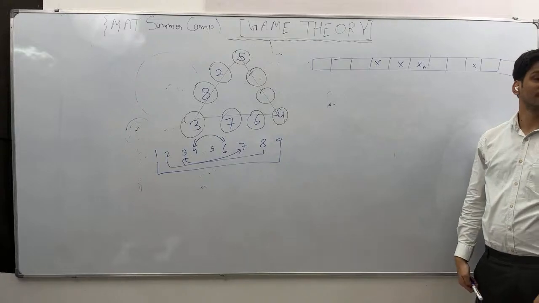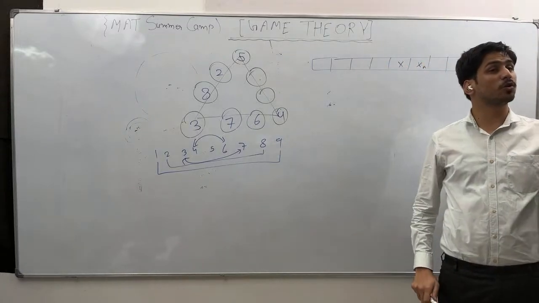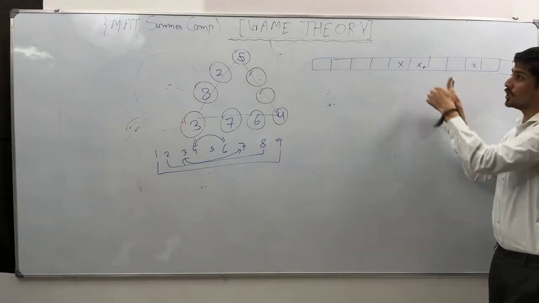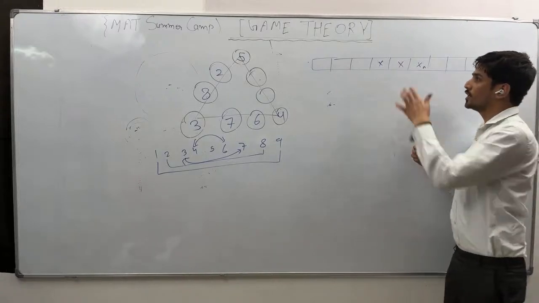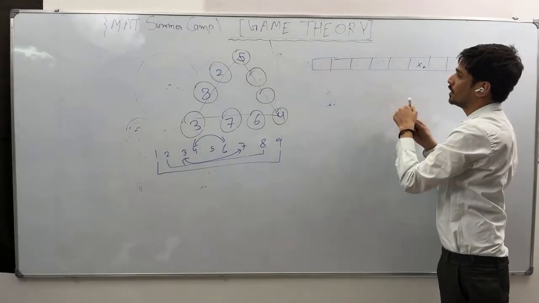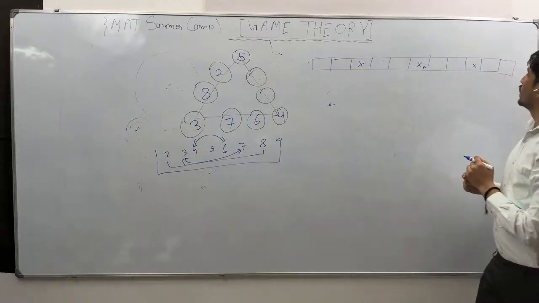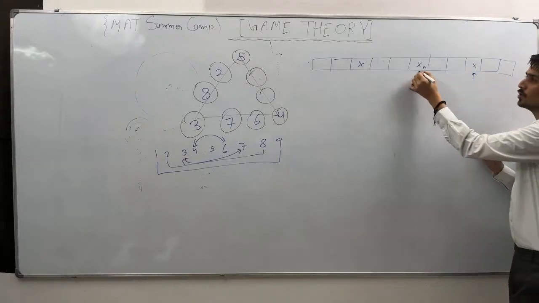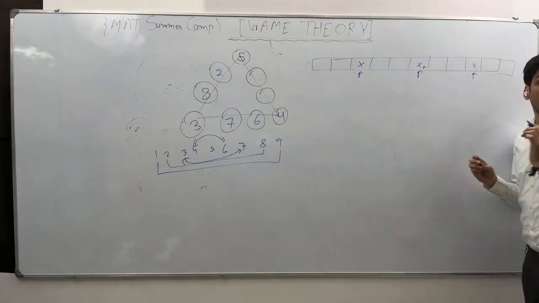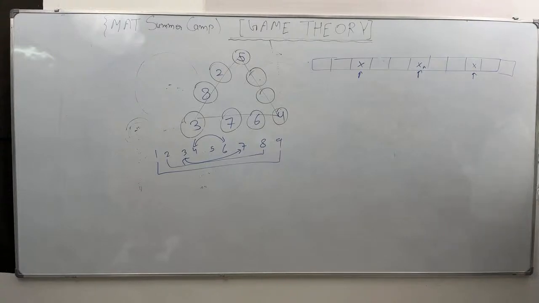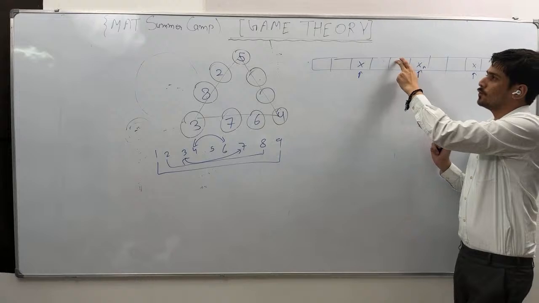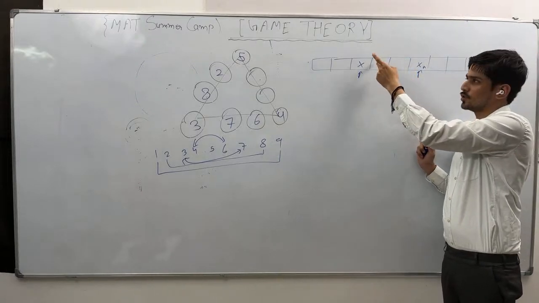Already I won. The thing is, whoever gets 3 consecutive crosses for the very first time wins. You are putting here, then the next time I put here, you are putting here, then I'll put here, I'll win. Then which box will you put? Third box. Okay, then I'll put here. Now I have to put in a box, because once I put, then it's your turn. If I put here, you can put here. If I put here, then you can put here. If I'm putting here, then definitely you'll win.